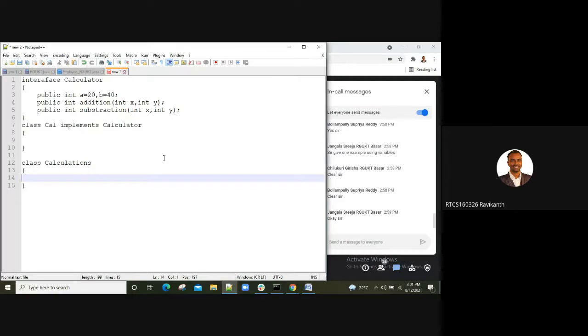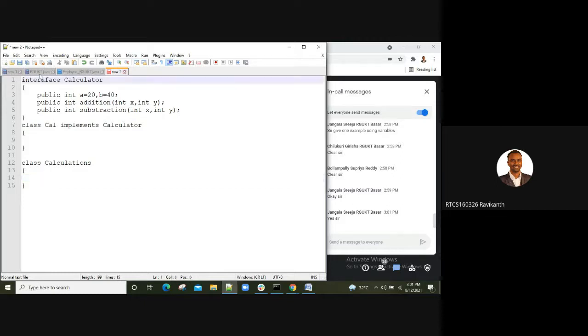Understood, ma? Understood, Srija, what task you are going to do? This I'm giving you as an assignment to you all, guys. A small program. I just want you to display the a and b values, and display the sum of the two values and the difference of the two values. All that you can do. Is that clear? Is that clear, guys?